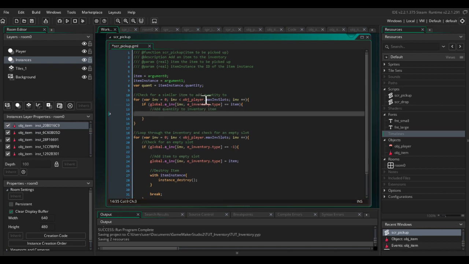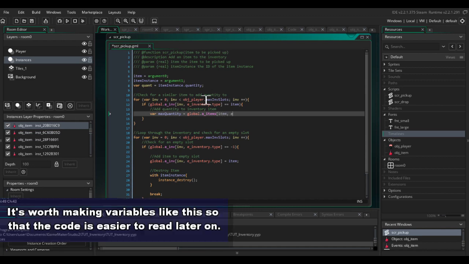So we're going to need two more variables. Max quantity equals global.a_items[item][e_item_stats.max_stack],